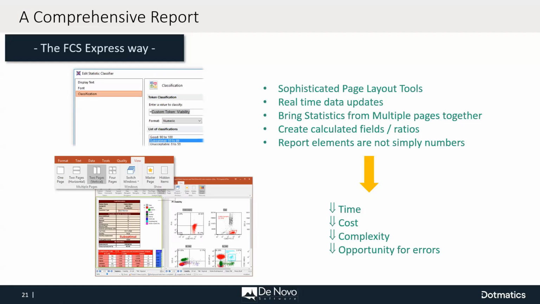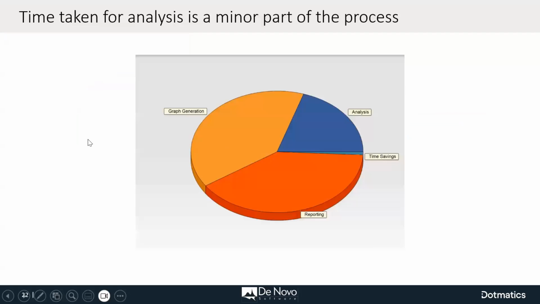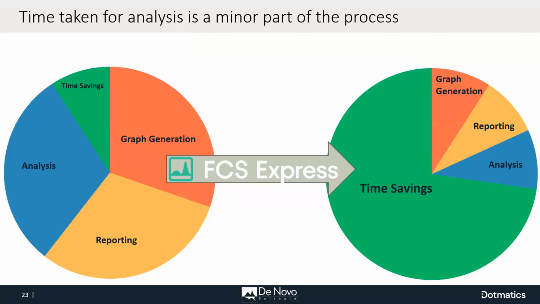We can bring those statistics and reportables, custom calculated fields, all together. And those report elements can be flags. They don't have to be simply numbers. They can be textual flags, font formatting, anything that you want to help reduce the time. If time is money, the cost, the complexity, and the opportunities for errors that might creep in. So when we look at FCS Express as a whole,